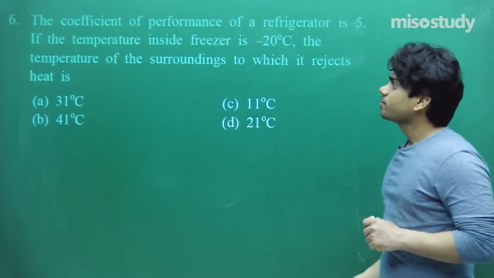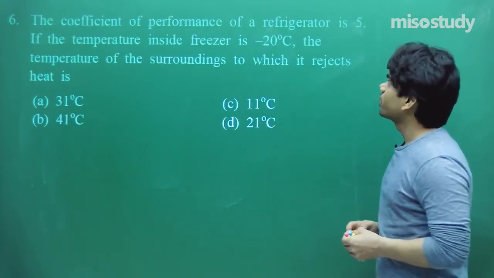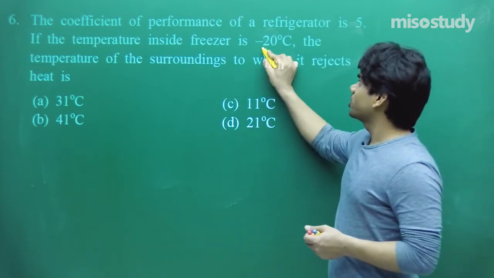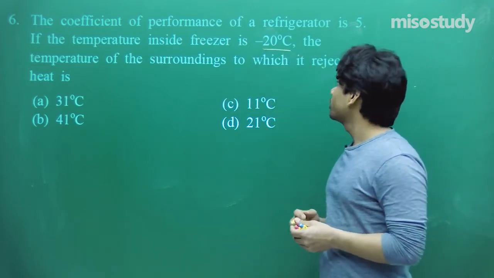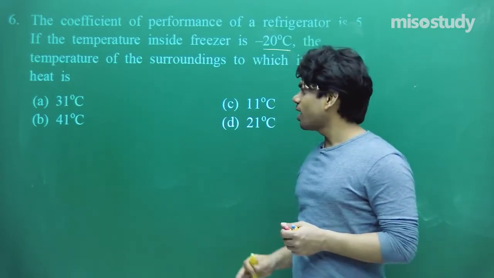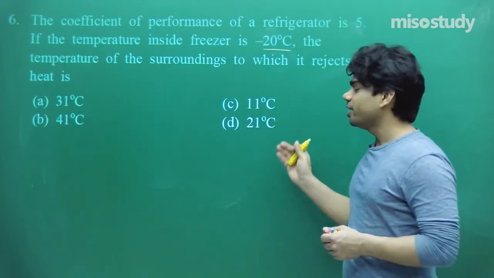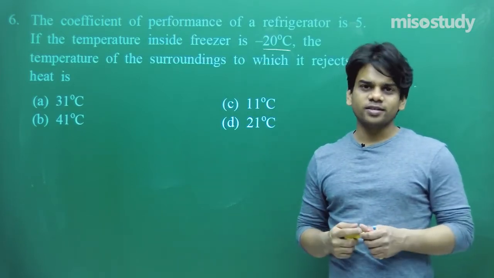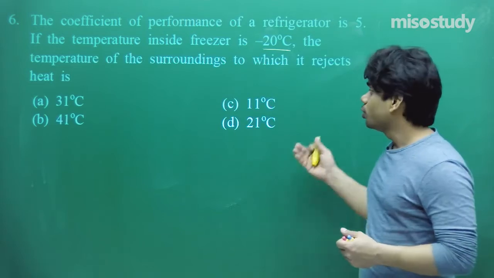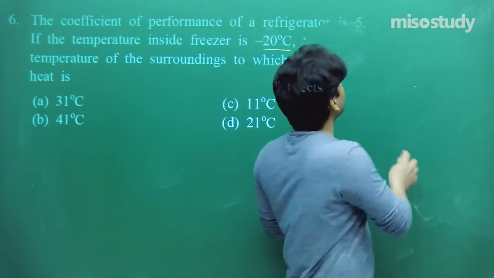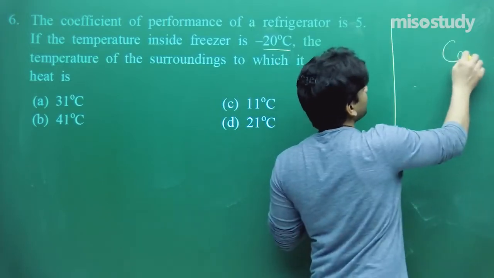Question number 6, the coefficient of performance of a refrigerator is 5. If the temperature inside the freezer is minus 20 degrees Celsius, the temperature of the surrounding to which it rejects heat is: A 31 degrees Celsius, B 41, C 11 degrees Celsius and D 21 degrees Celsius. Now in this case, we need to use a different way to proceed with the refrigerator. We should use the coefficient of performance that's given,